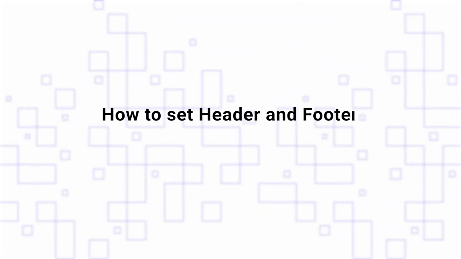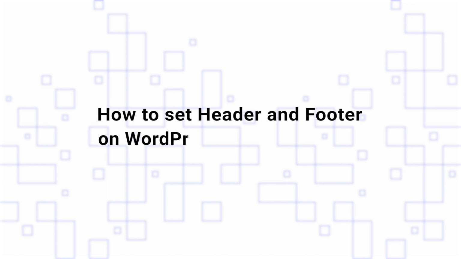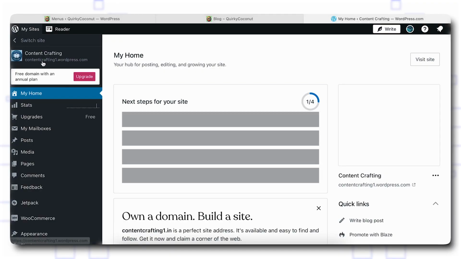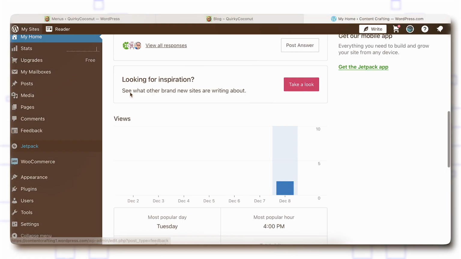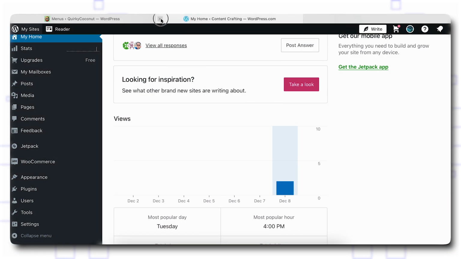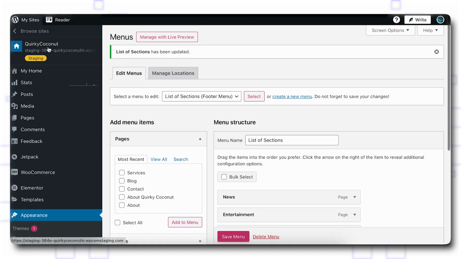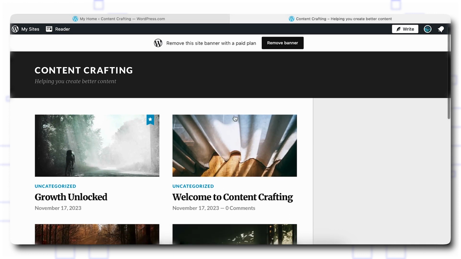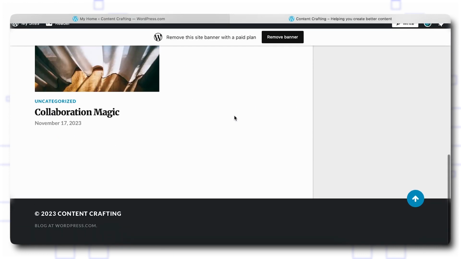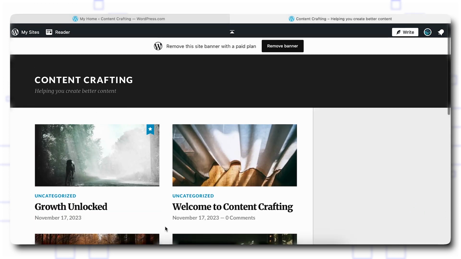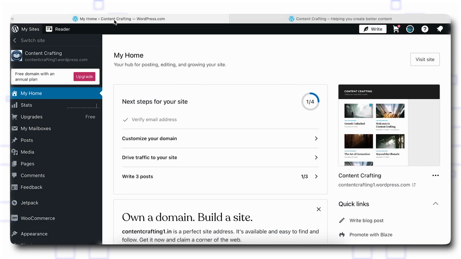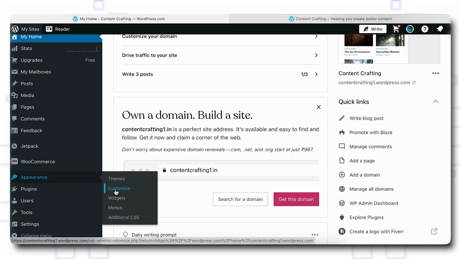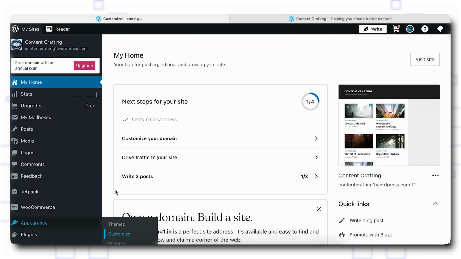Now I'm going to show you how to set a header and footer using the inbuilt option on WordPress. So I'm going to use a different site here. Now first, let's take a look at the header and the footer that's available. As you can see, there's not much here in terms of header or footer. So in order to do that, you'll have to go to Appearance, Customize,